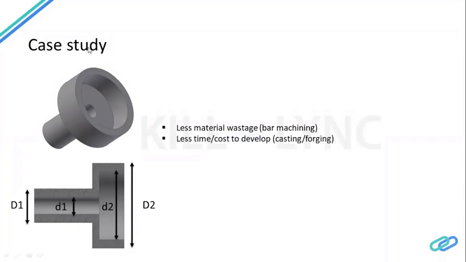Let's see some more detail of the same case study. What we have seen is that in bar machining, we have a problem of high material wastage. So we need something in which we can have less material wastage. But in casting and forging, even though there is less material wastage, there is a long time and long cost involved. So is there any solution where we have less time, less cost, and less material wastage also? Now this is where VAVE becomes more important, that you go one step further in the thinking process and think about what can be done even better.